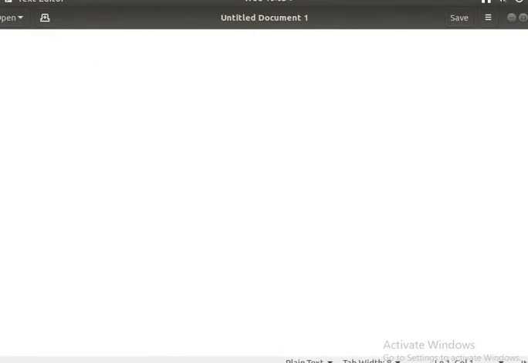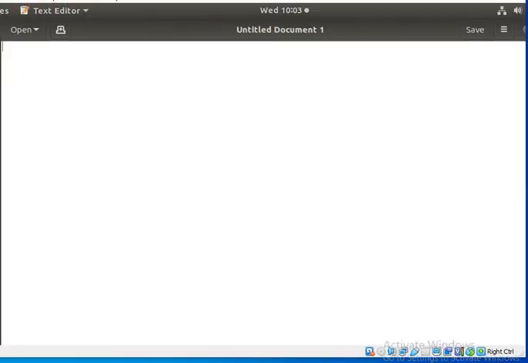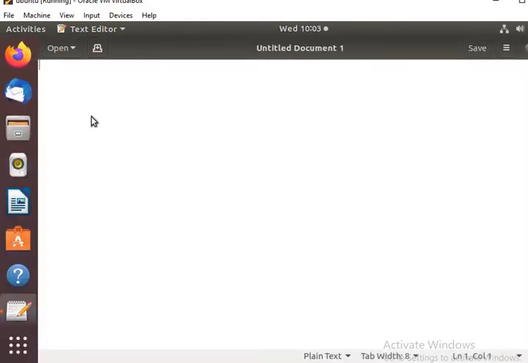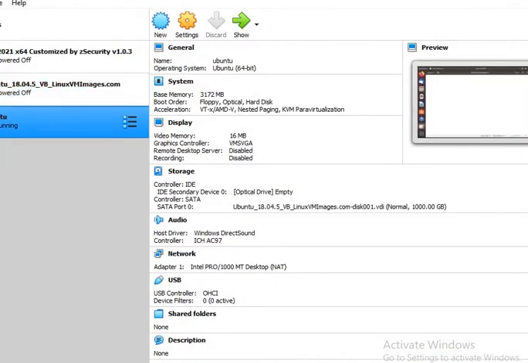So this is my VM machine here, as you can see, and I have opened a Word document. So I want to paste it. So if I paste it, this paste does not work. Now to fix this issue, what we should do is,